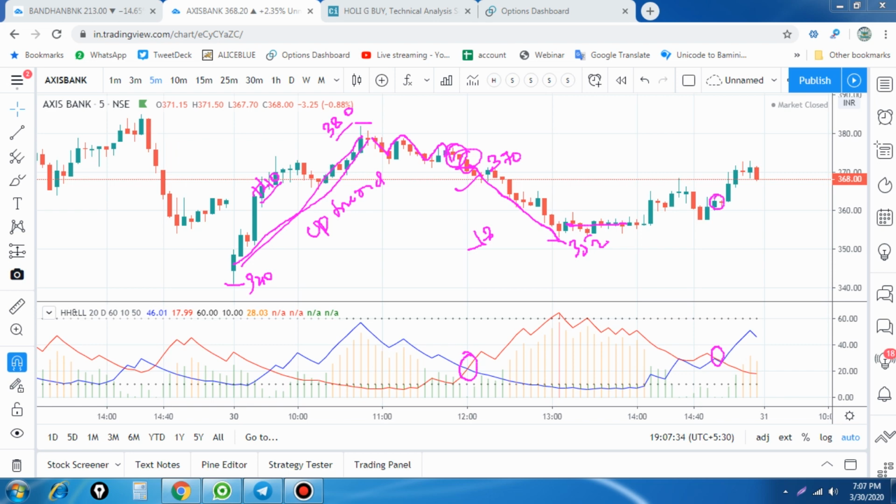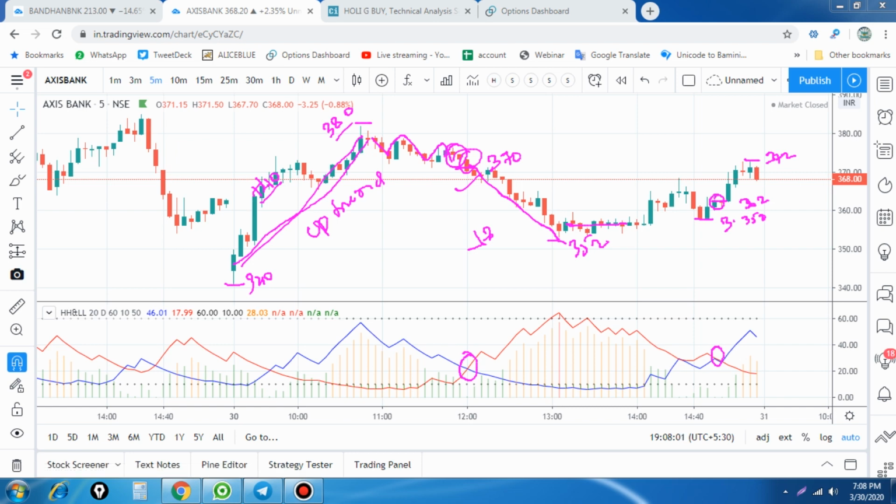It's not a good time because it is around 3 o'clock, nearby the end of the day. So even if you are taking the entry, this is your stop loss, around 362, and the stop loss is 358. So it went up to 372 plus. Okay, so here I used only the higher high lower low indicator, which gives me a nice return on